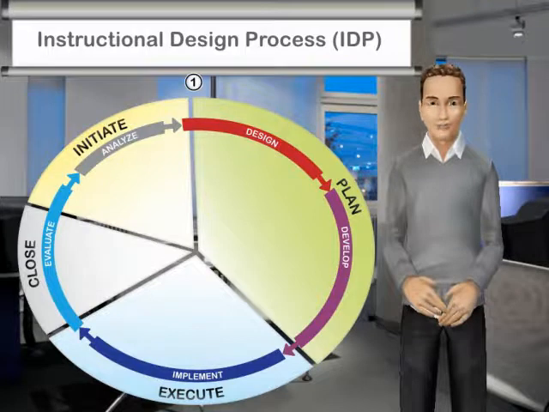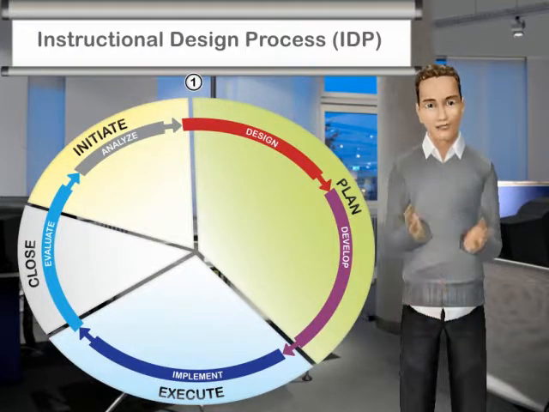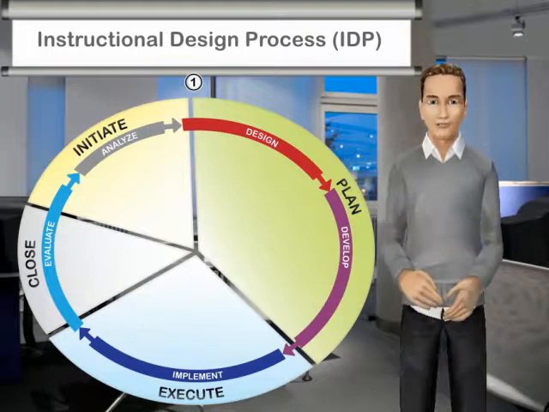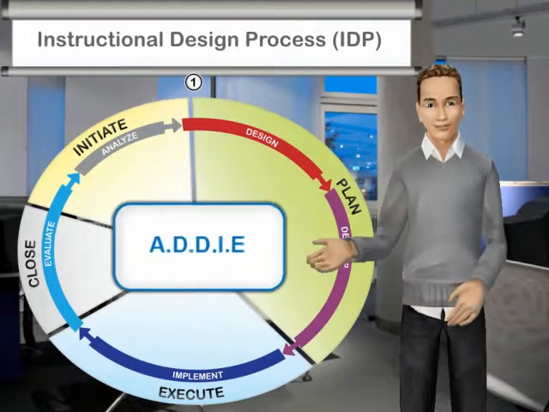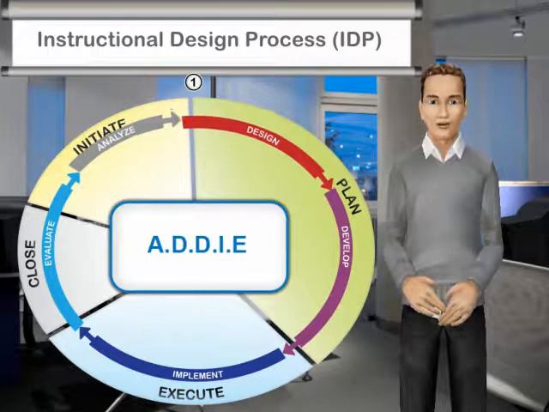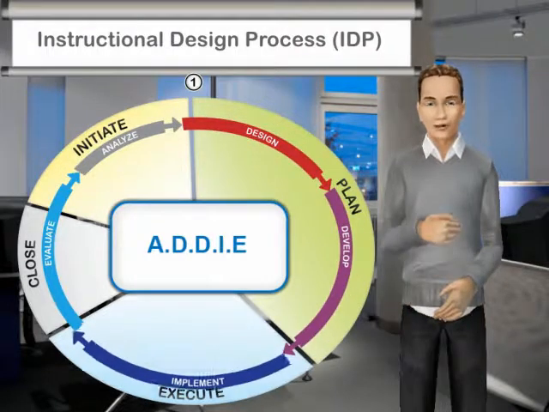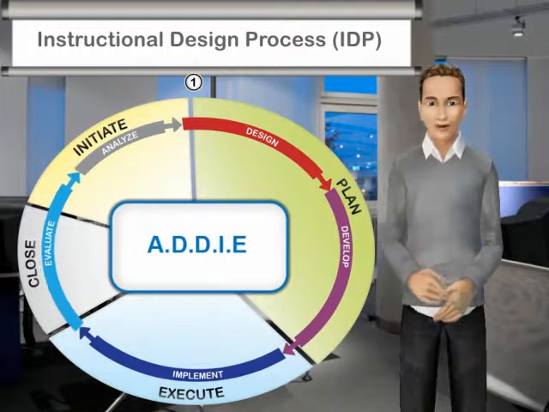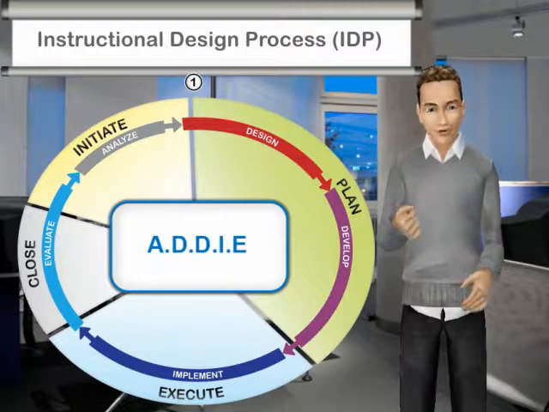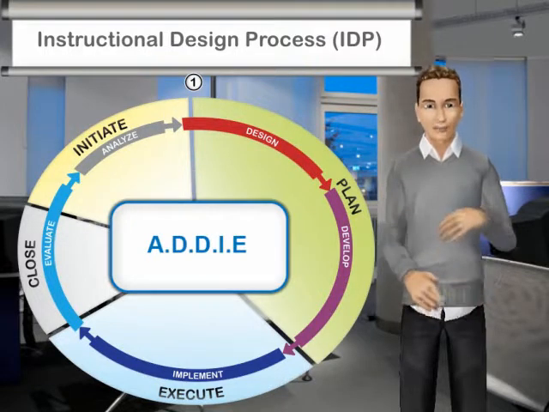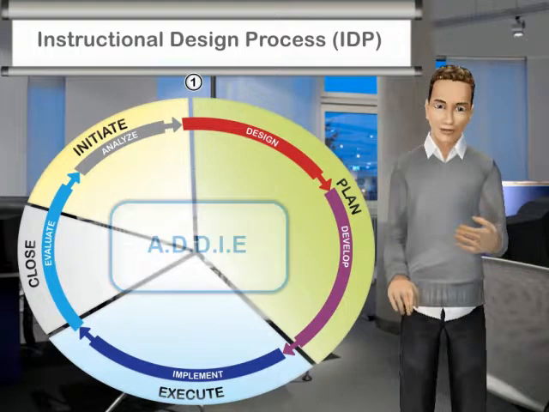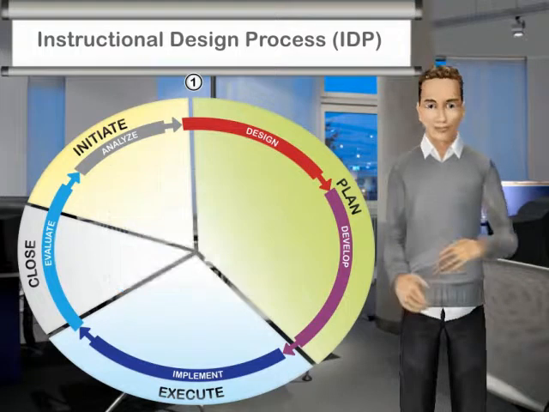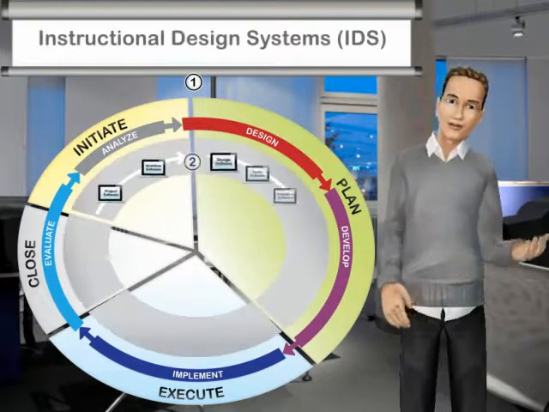The following section outlines the process steps required in the development of a course. They consist of 5 phases and is used by most in the industry. ADDIE: Analyze, Design, Develop, Implement, and Evaluate. This is the first series of steps in the process for developing an online course. As with any type of development, you must first develop the foundation on which, in this case, the online course could be built. The second component is the instructional design systems.